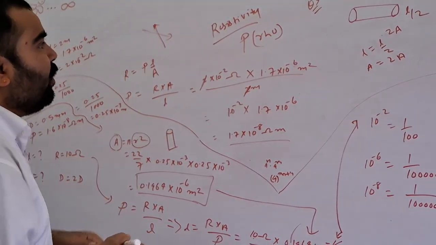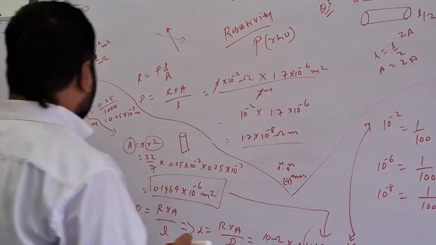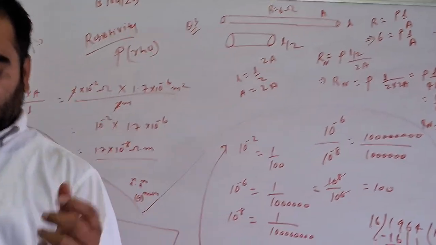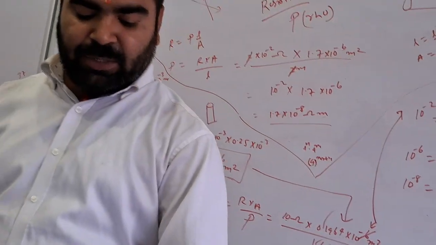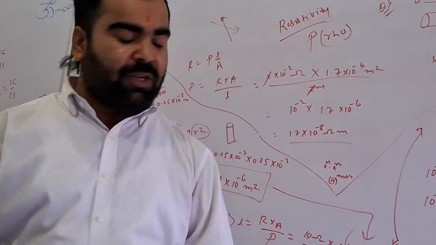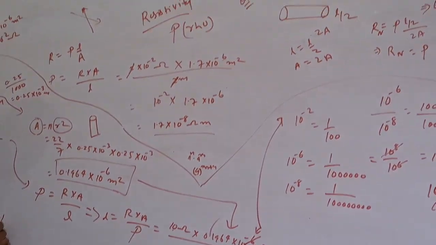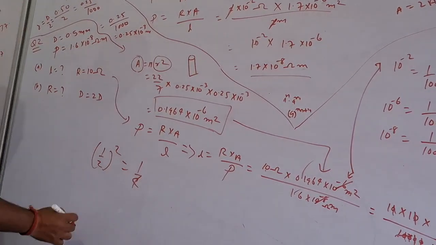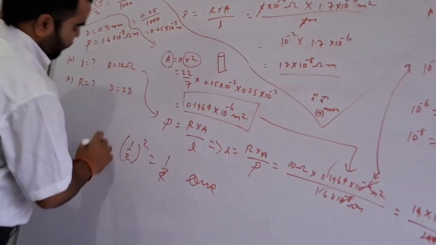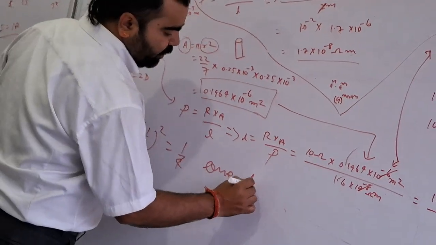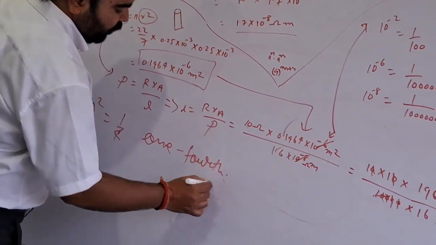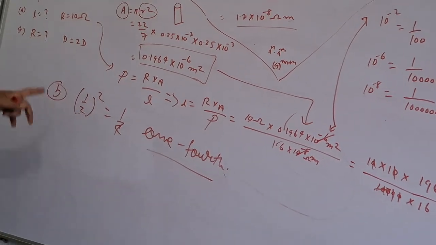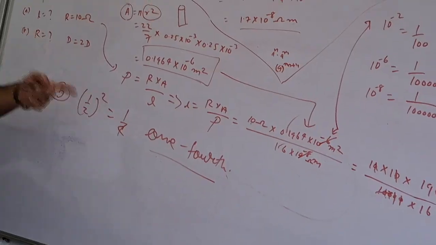Diameter का स्क्वायर से ये होता है. तो इसका सॉल्यूशन कहाँ पे? We have not written that one, but concept is that resistance of a wire is inversely proportional to the square of its diameter. So it is 1 by 2 square, then it will be 1 by 4. So it will be 1/4. B number question's answer is 1/4. So if the diameter of the conductor will be doubled up, then resistance will be 1/4 of the previous one.